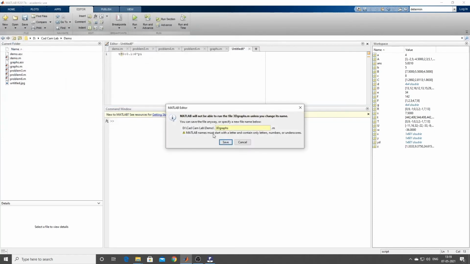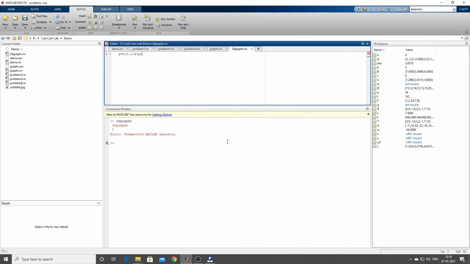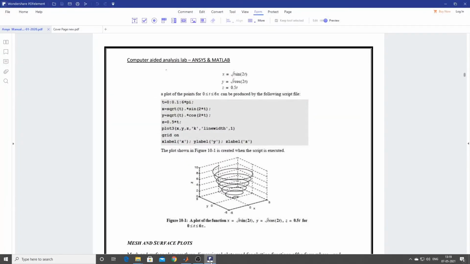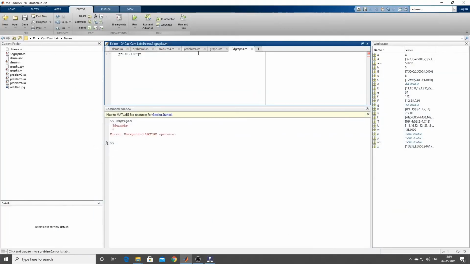I think I should give something else. T equal to, okay, let us try to give bracket.